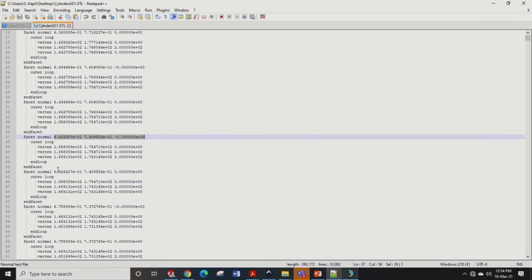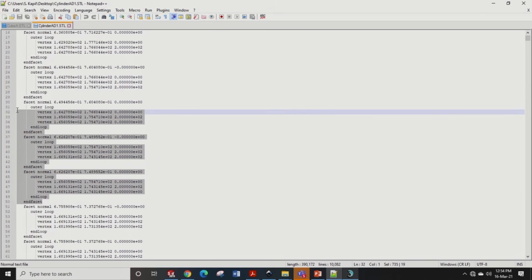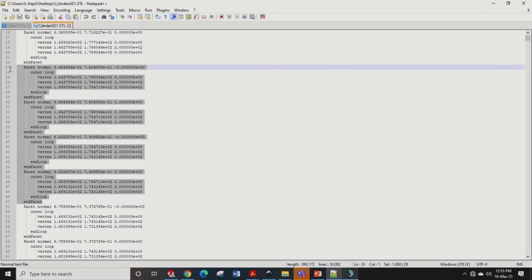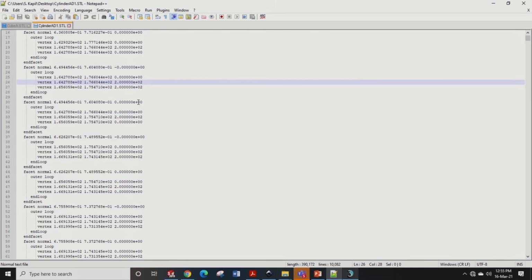Now these are the 2 triangles corresponding to another triangle on the top surface and on the periphery of the cylinder. Now let me consider all these 4 triangles, and my objective will be to find the angle between this facet normal and this facet normal, and it should come as 1 degree.